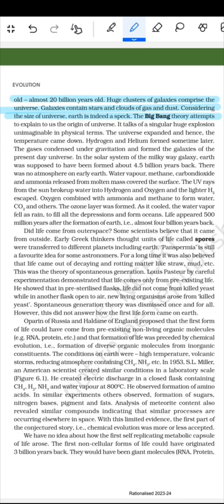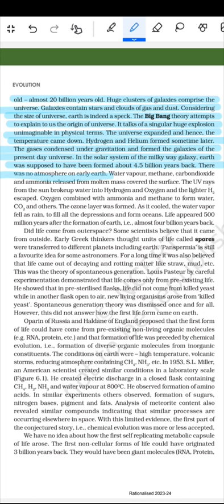The Big Bang theory attempts to explain to us the origin of the universe. It talks of a single huge explosion, unimaginable in the physical terms. The universe expanded and hence the temperature came down. Hydrogen and the helium formed sometime later. The gases condensed under the gravitation and formed the galaxies of the present-day universe. In the solar system of the Milky Way galaxy, Earth was supposed to have been formed about 4.5 billion years